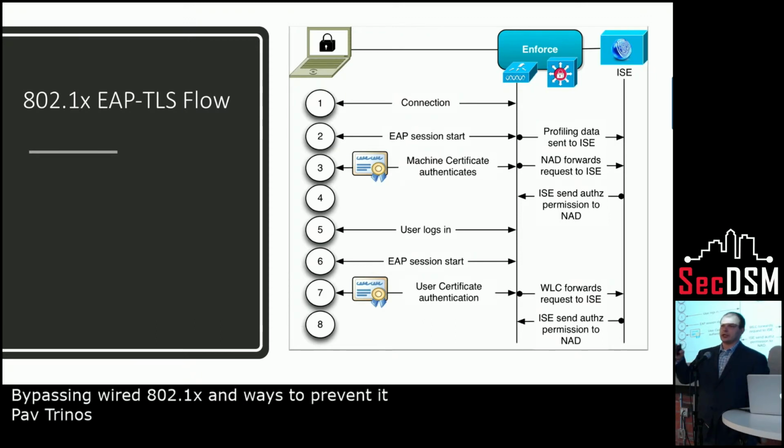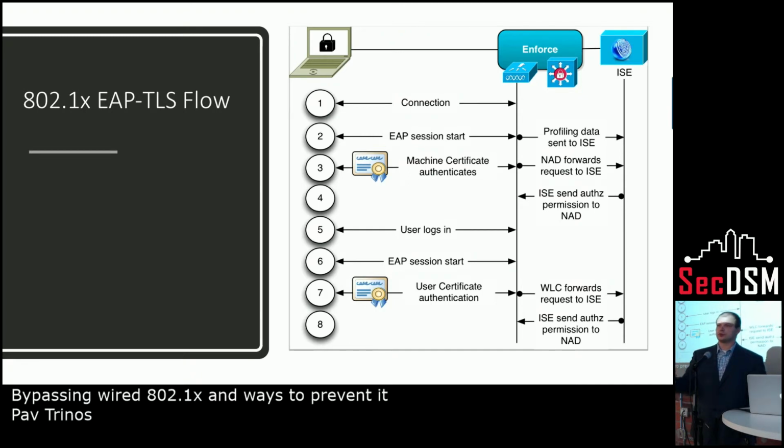Let's look at what happens at the port level when we are doing the certificate. Once the connection happens and the certificate exchange at machine level happens, the user is yet to be logged in to the machine, right in the middle, and we can have a very specific ACL applied. That's best practice, where the machine can talk to Active Directory, DHCP, DNS, maybe some sort of update server to get everything. But we do not allow that machine completely on the network. Why would we? Why would that machine need access to the internet, right?